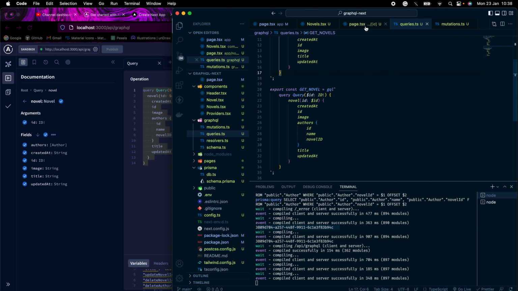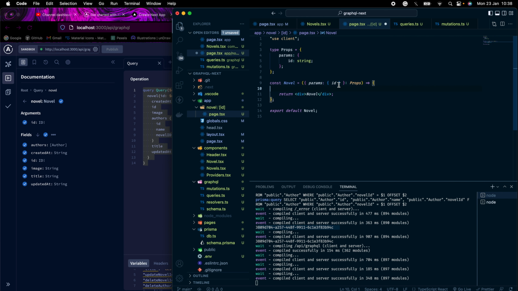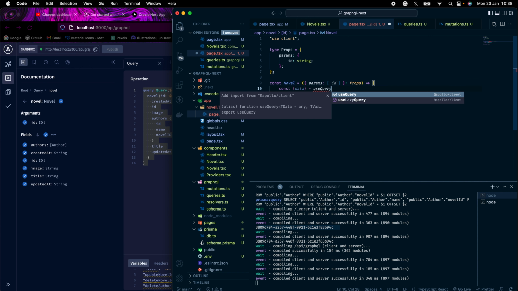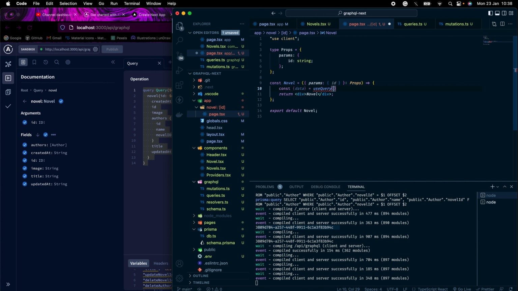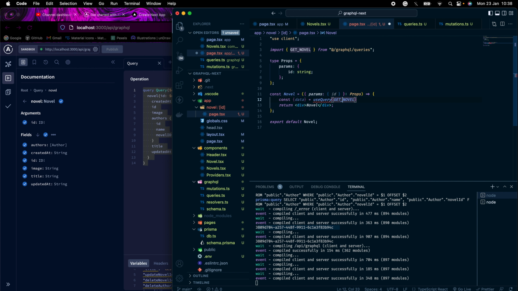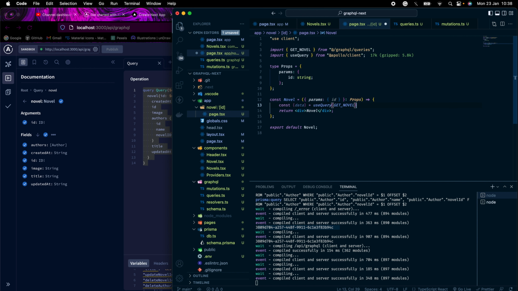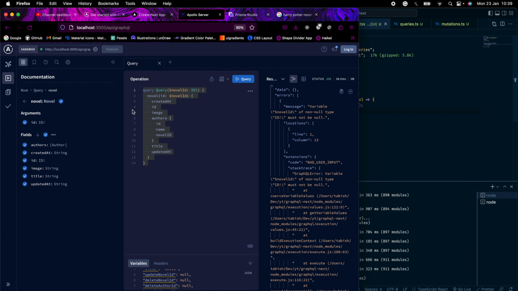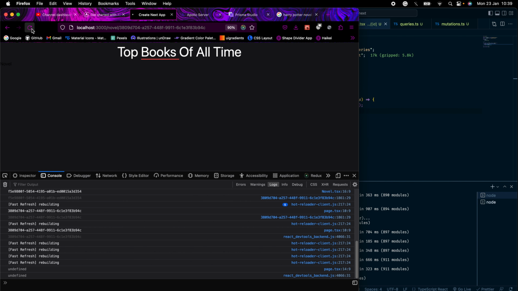and I save it. Now let us use query and get that. So for that, const data use query, and if I give this called get novel, I have to import this. And I save that. I console log out the data, and if we go back here, refresh it,